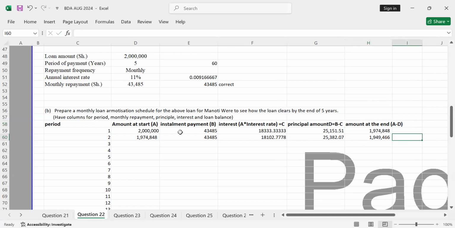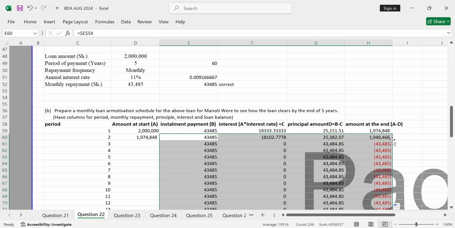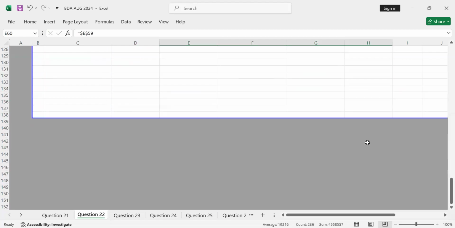All right. So once you do the second one, I said you highlight from the installment payment up to the last point there. Once you do that, you place the cursor at the far end, then you can double click.